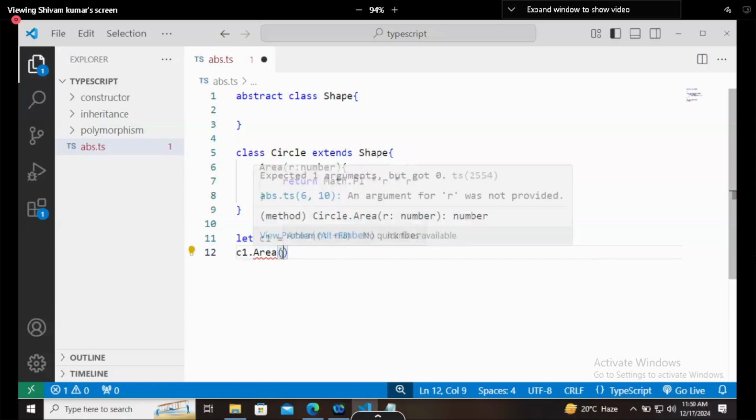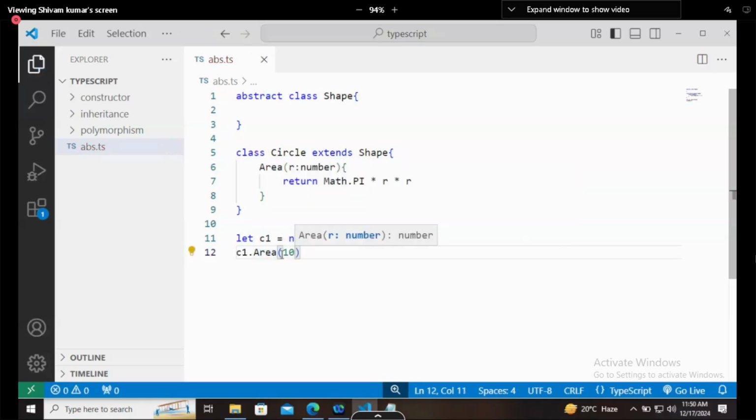So let's say here I will provide something as 10. Okay, what I have done, 10. Now it is supposed to return something as 314, something, this value it will return. Okay, so you can directly, oh acha, tell me one thing, if I am running this code, is it going to give me the answer?